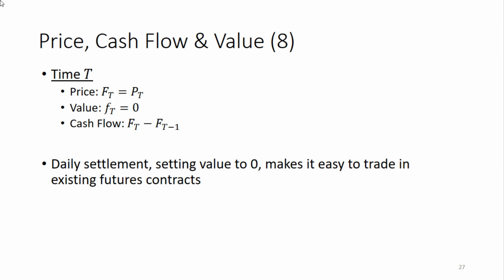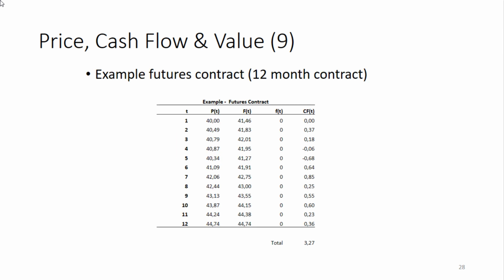Because a contract with value zero, you could simply decide, well, let's stop that contract because there is no embedded value in these contracts. So with an exchange traded market where people easily want to step into contracts or get out of contracts, this daily settlement assures that it's very easy to do that. Because you need to know, say, at what terms to settle, to buy or sell. Given that the value is always zero with a futures contract, it's very easy to do that. That's the same as with the forward contract.